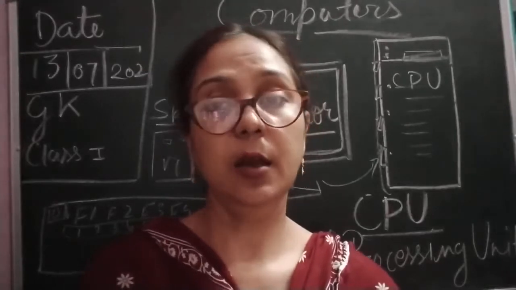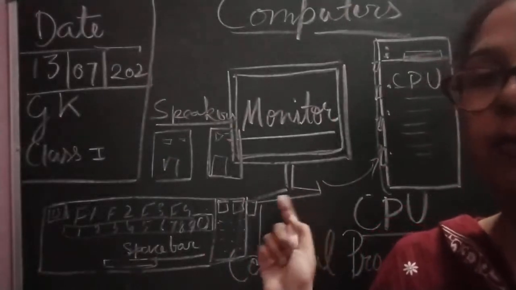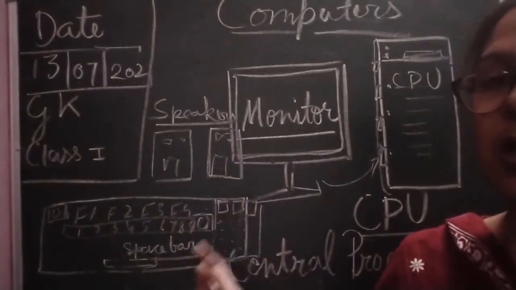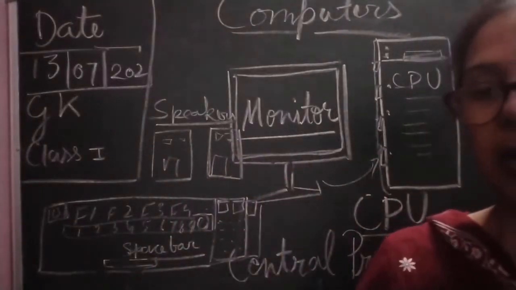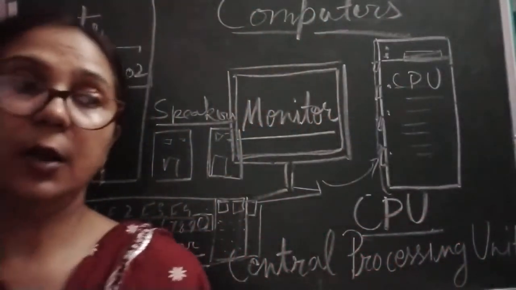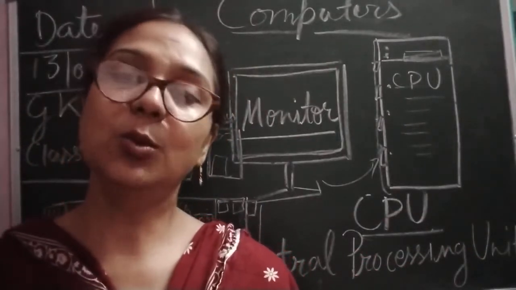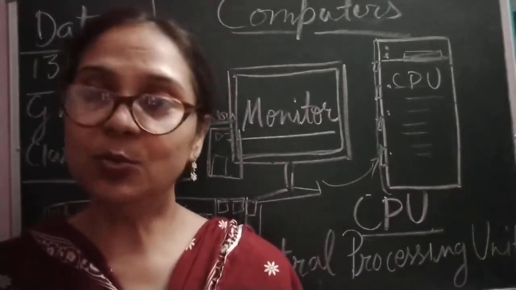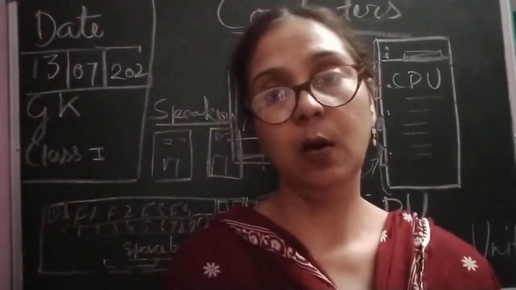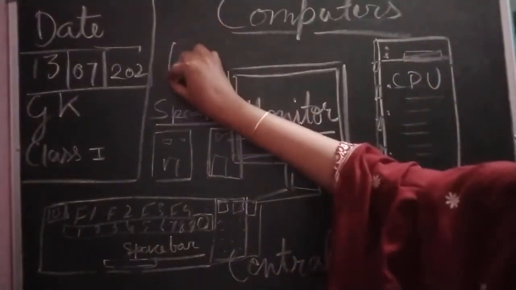So children, here we have talked about the main important parts of the computer, that is monitor and your CPU, the speakers and keyboard, and now the last but not the least part of the computer is the mouse. Mouse, children, is quite accessible for us to move our cursor here and there. It is an important part of the desktop. So the mouse, here I am going to draw